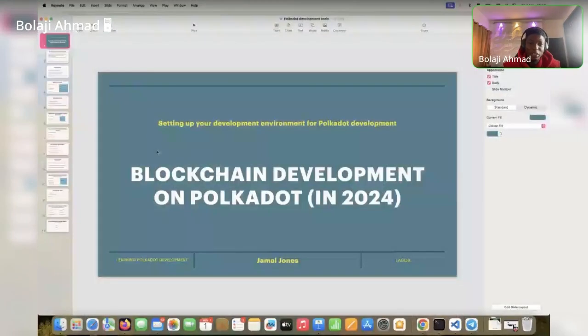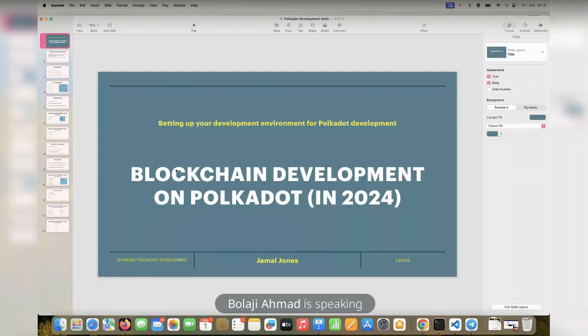So if you had a problem, you had to go into the Discord community to discuss with other people that have experienced that problem before, which was very difficult. And it saw a whole lot of developers get off-boarded from the ecosystem because nobody could deal with that kind of pain. But recently, these days, there has been a lot of work on the resources and the documentation, and this particular doc is going to be highlighting